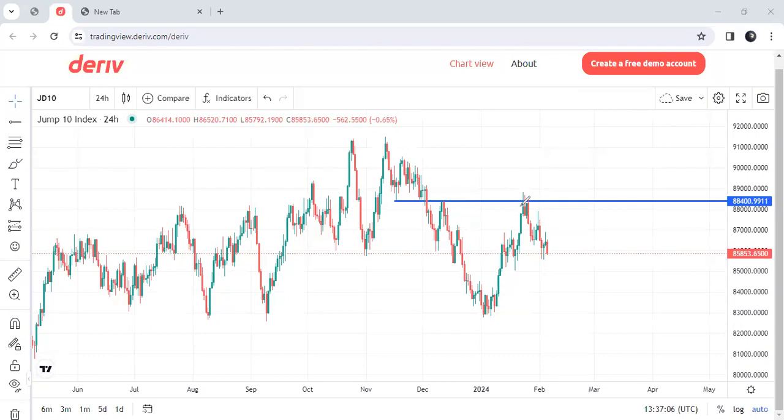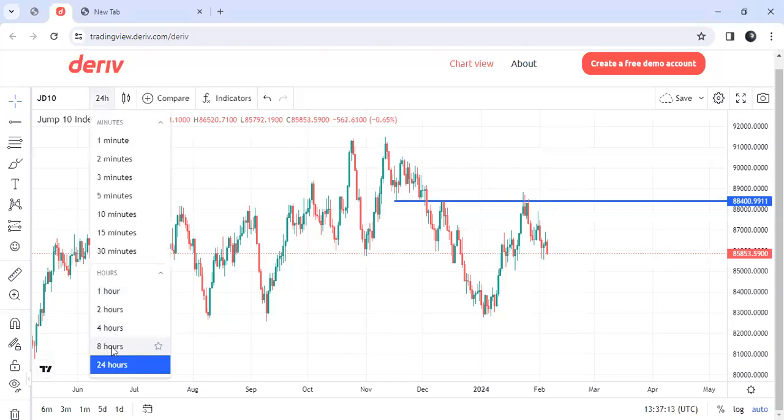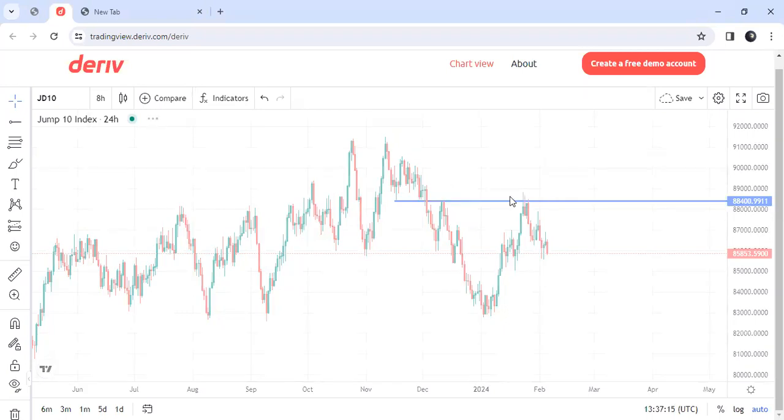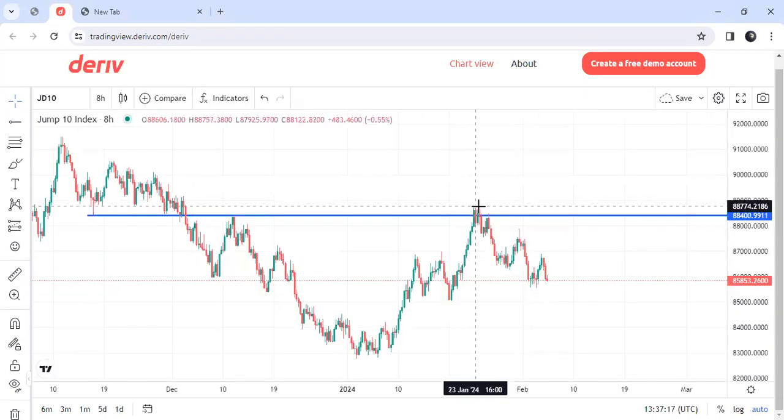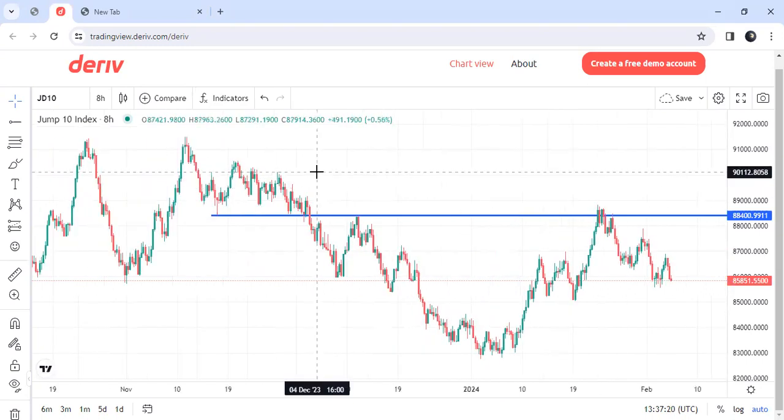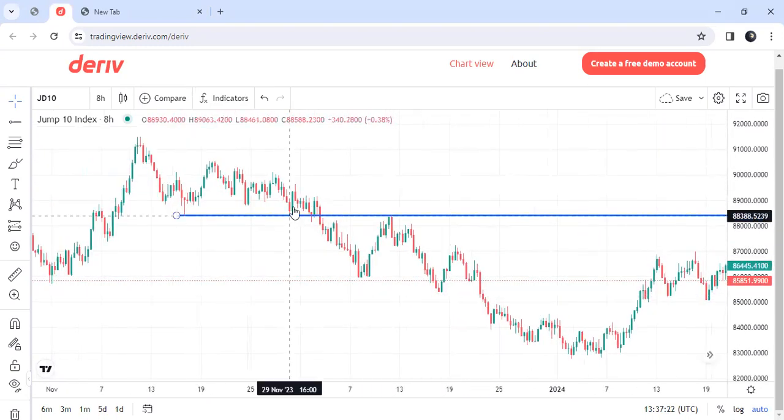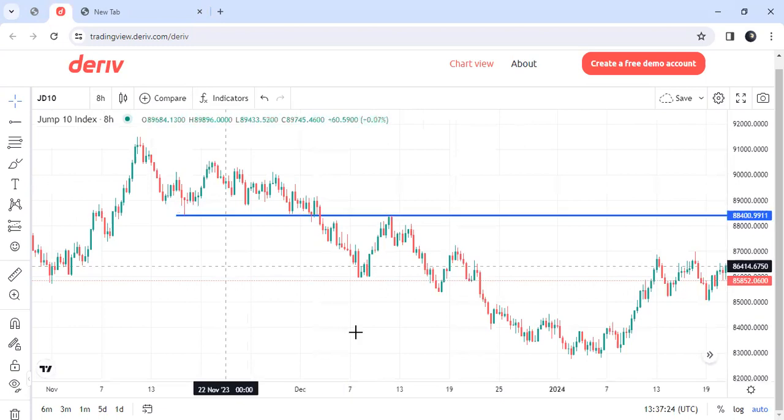Now, in this scenario, how will you see what created it? You go to a smaller time frame. Assess from here, we are going down to the 8-hour. You want to see what was the cause of this penetration. Well, you check here. This candlestick stands like this. You have a support, the market closed, came back and tested the support. Once it breaks the support, it comes back to test this potential continuation pattern, and it became a downtrend, we have a breaker structure, they came back to test.